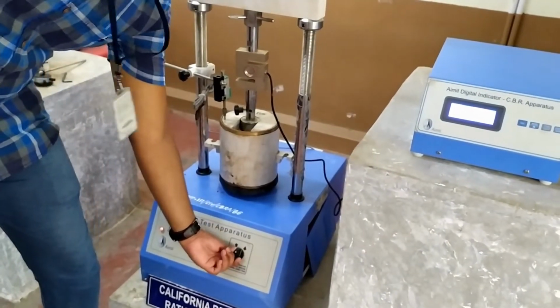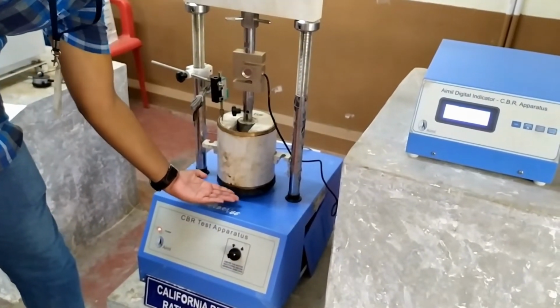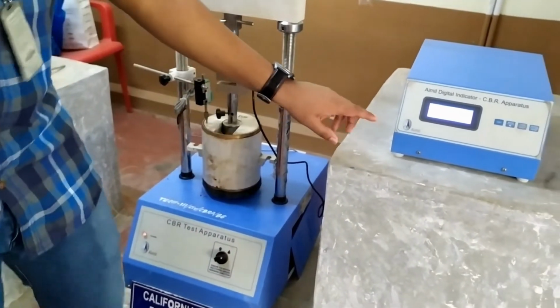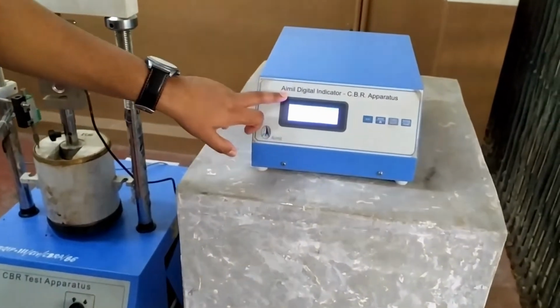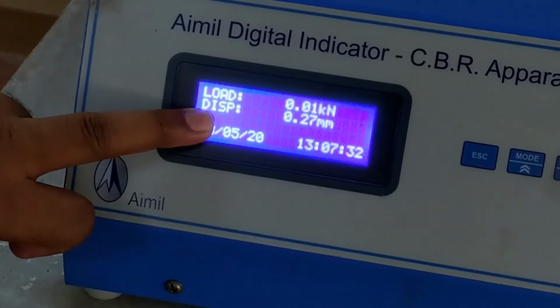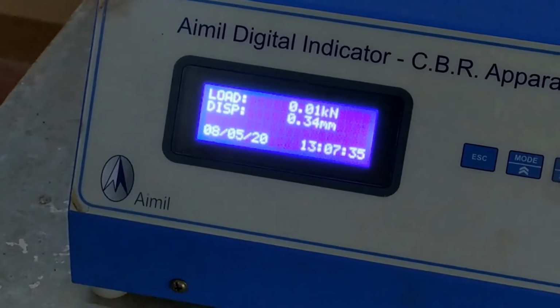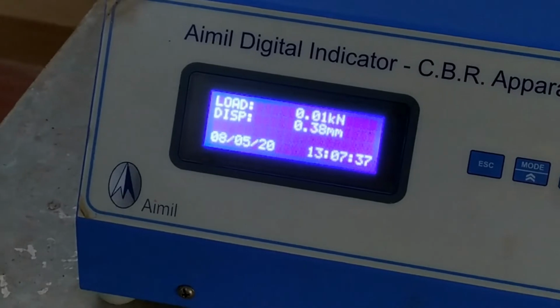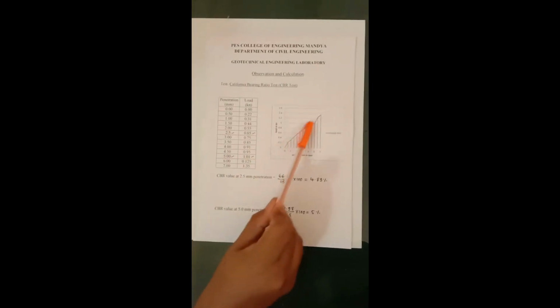Now the instrument is turned on, so the base plate will be raised and the load will be applied. The corresponding displacement and the corresponding loads are observed here. Displacement indicates the penetration which is happening on the soil mass, and the corresponding loads are recorded for every 0.5 millimeter. These are the readings which have been tabulated from the California bearing ratio test. So the penetration and the corresponding load have been tabulated. The penetration of 2.5 and 5 mm are noted. Later a graph is plotted in order to know the nature of the graph.